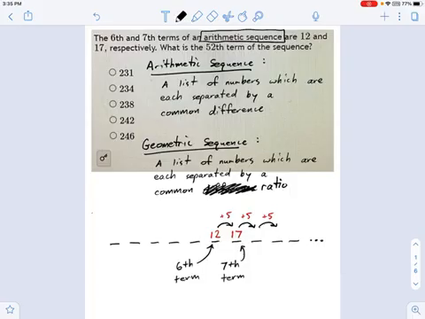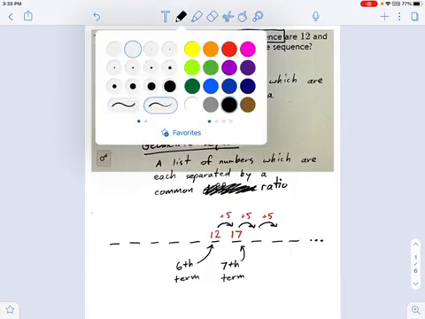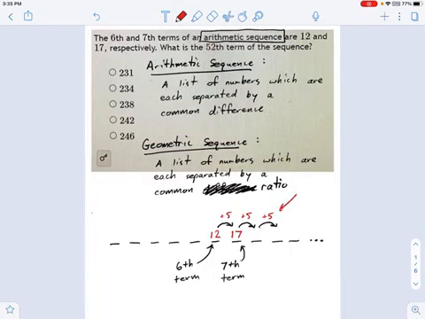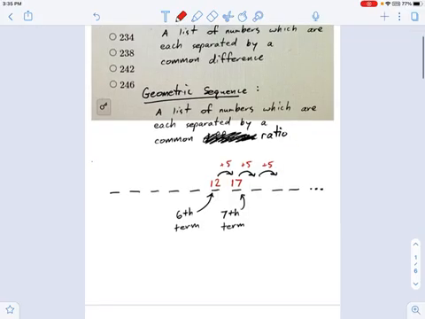How do we use the information about the 6th and the 7th term to figure out something way down the line, like the 52nd term of the sequence? Well, it comes down to this idea of how much is each one of those hops. It's 5. So if each hop is 5, the question is, how many hops am I taking? So I can say the 52nd term is equal to the 7th term